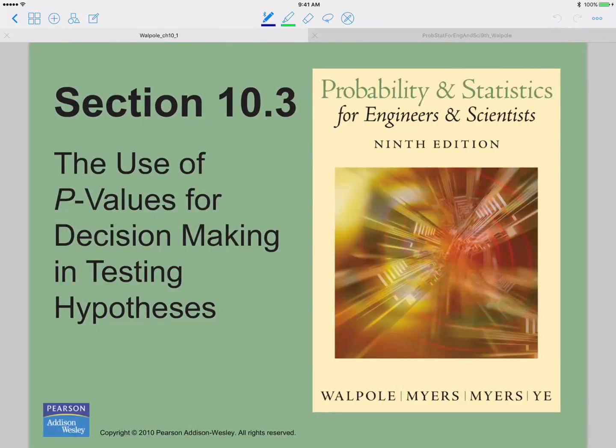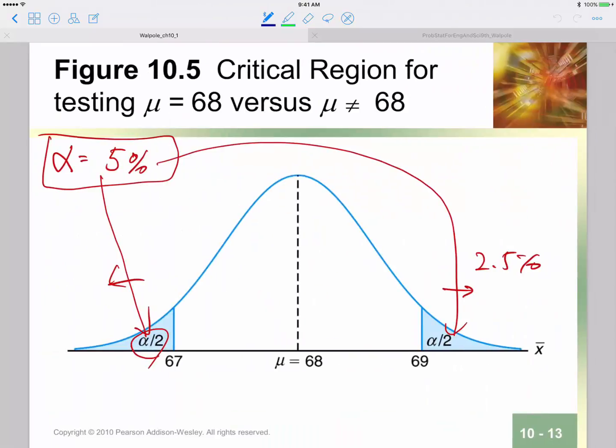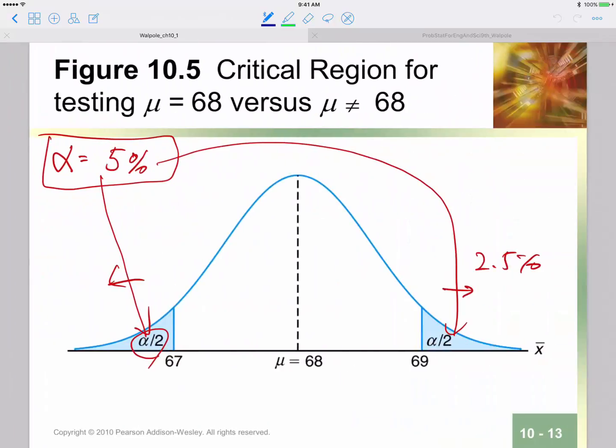Okay, and then the next one is this p-value. This p-value is quite an important part. If we remember this figure, what was this blue region? This blue region is those regions that allow us to reject the null hypothesis. The null hypothesis is that mu is 68 kilograms. If the observed mu value is sufficiently far from this 68, then those regions